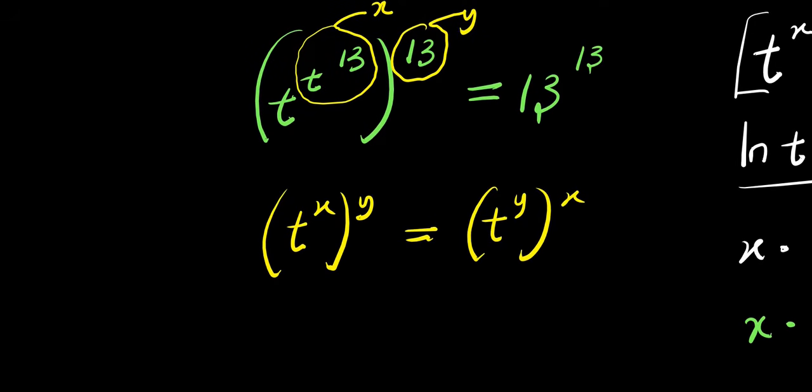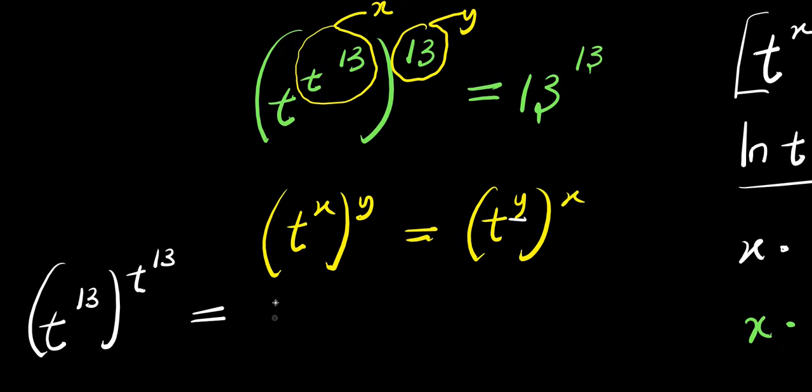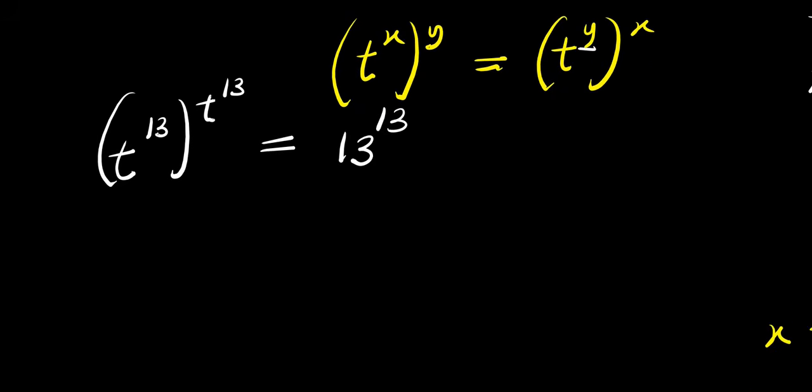Applying that here, I'll have t^13, that is my y now, and this is raised to the power of t^13, and this equals 13 to the power of what? 13. So right now, the base and the exponent are the same. You can compare, because if you have a^a = b^b, that means a equals b. So we have t^13